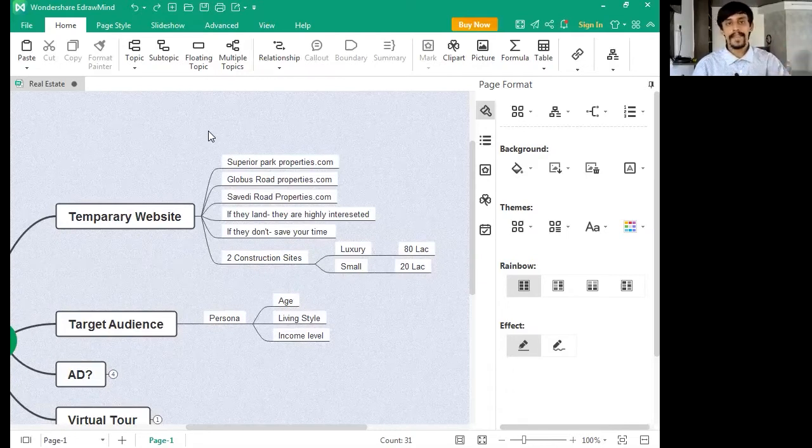And when you ask them for a meeting, you can convert them better, because you know this person is highly interested in this area. And if they don't fill the form, then it's okay, because you have saved your time and their time as well. Otherwise someone would come, you would tell them that you have property here, and they would think, oh no, I don't want property in this area because of maybe XYZ reasons. This will save your time. So if they fill the form, this approach of savadiroadproperties.com will help you understand what customers actually want, and they are highly effective leads.